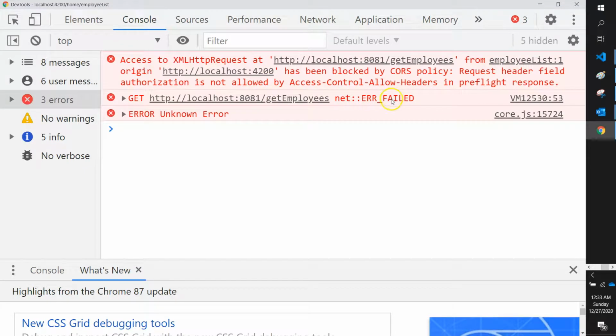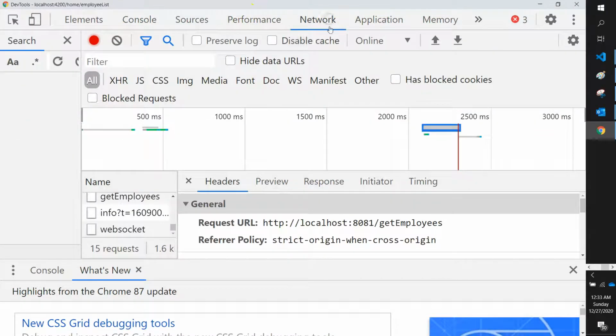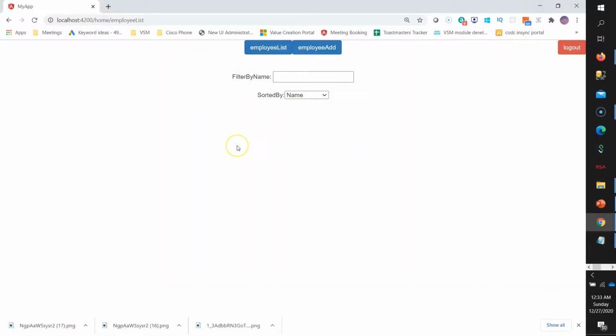You understand? It is not that the server did not send the response, it is that the browser did not load the resource because the request did not satisfy what the server supports. You understand that?